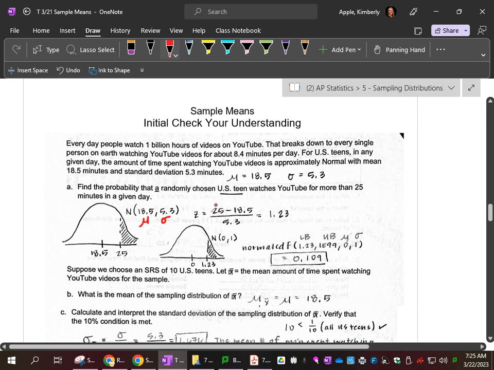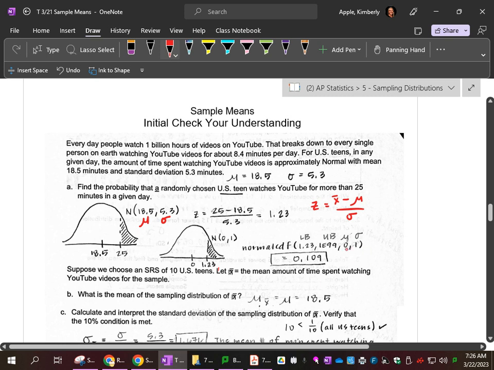So the z-score is given by value minus mean divided by standard deviation. In this case, the formula would look like this. This would be x bar minus mu over sigma. And you'd get a z-score of 1.23, which would be placed here on the standardized distribution. I use the calculator command normal CDF. The lower bound is 1.23. The upper bound is positive infinity, or in your calculator,